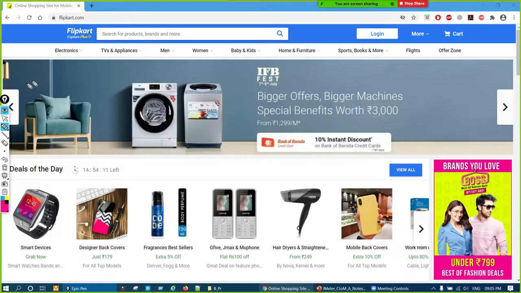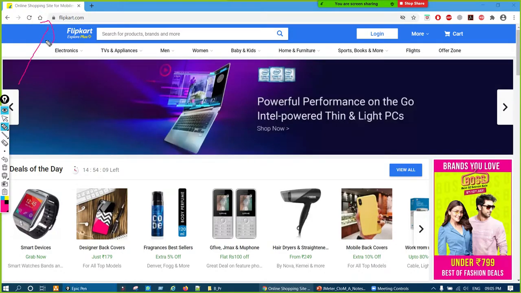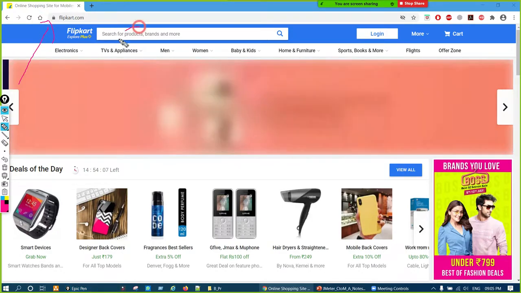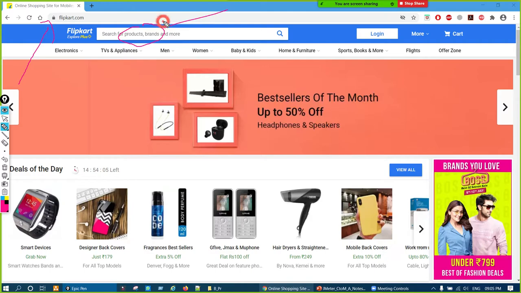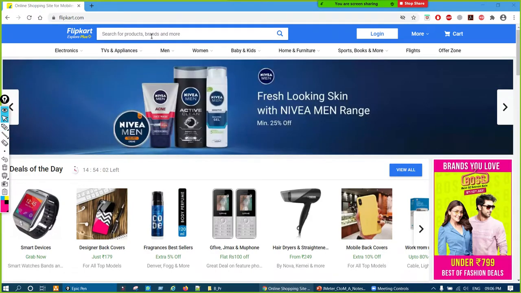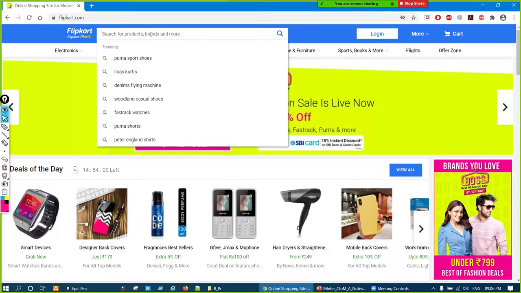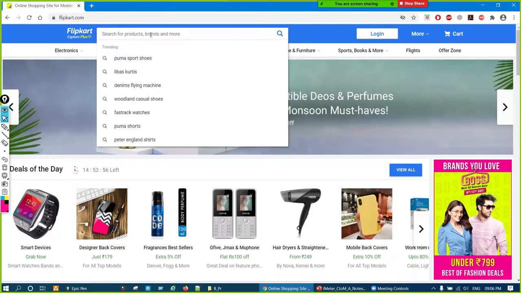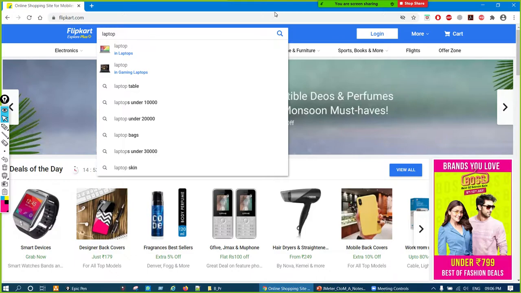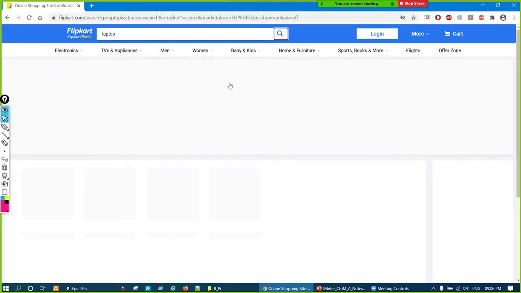So he will first launch the home page, then he will come and search for the product here. Search. So home page launch, search, then let us say any laptop, and he clicks on the search button.